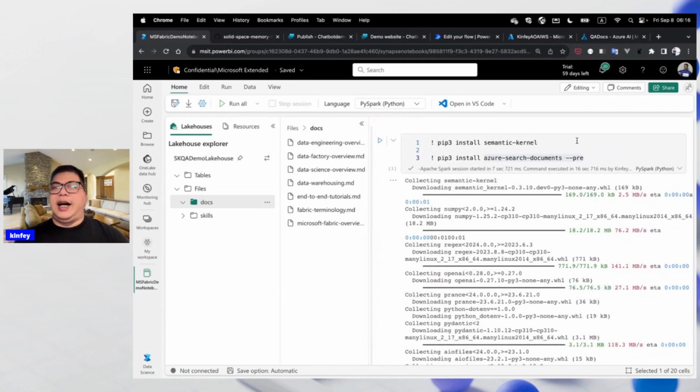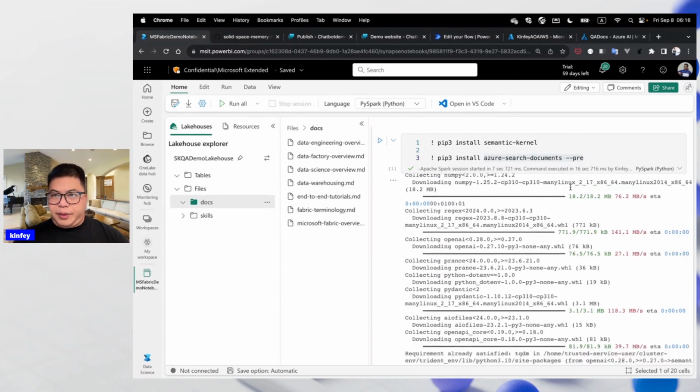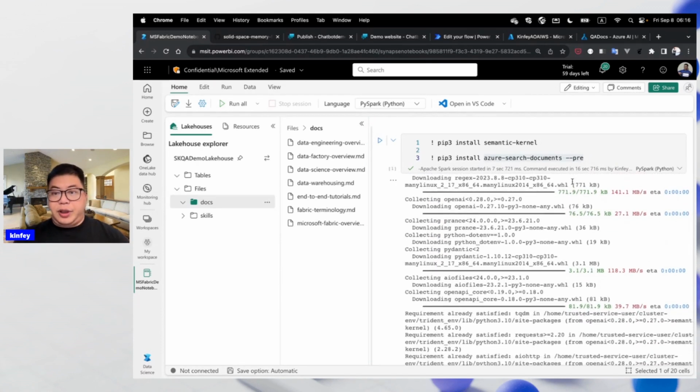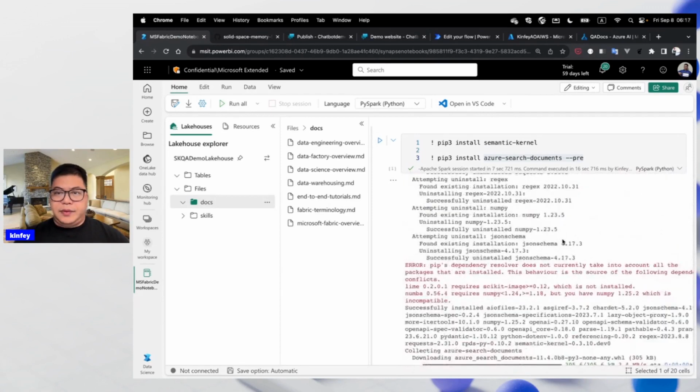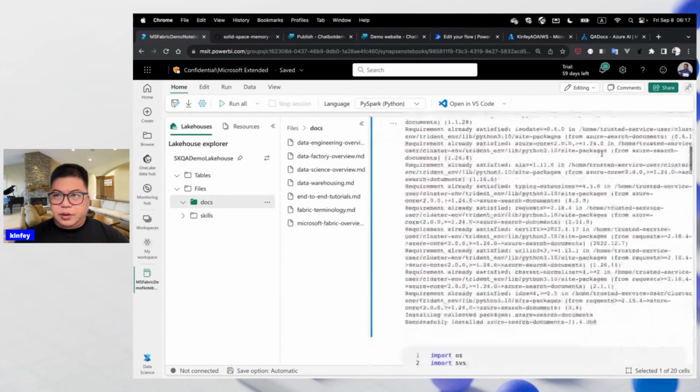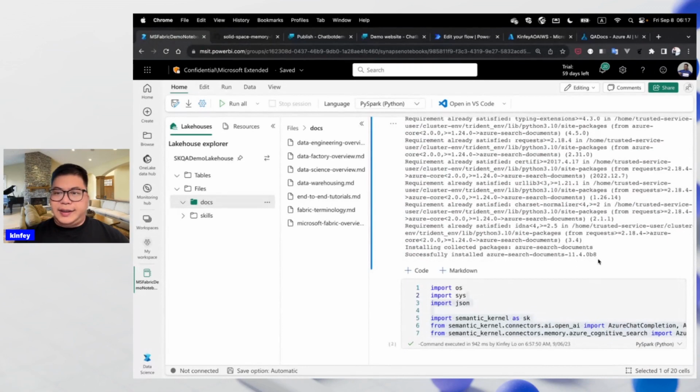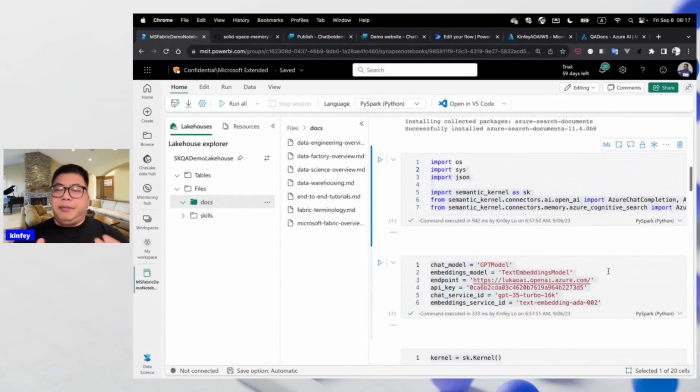Just like here, I install Semantic Kernel and the Azure Search documents preview version. Then you can see I import the libraries.